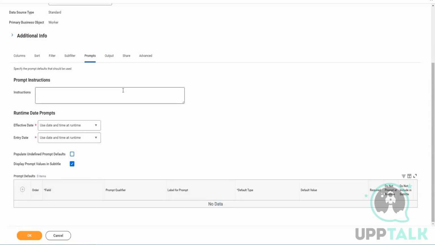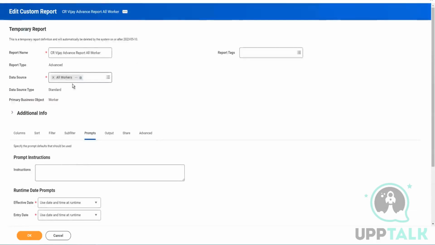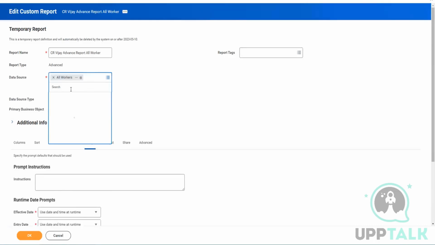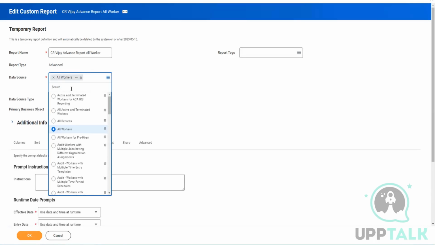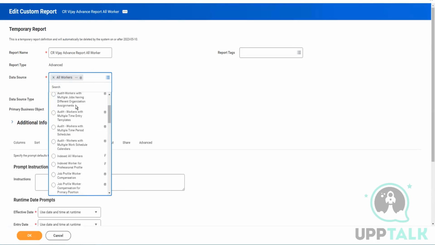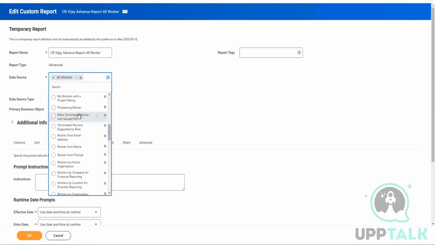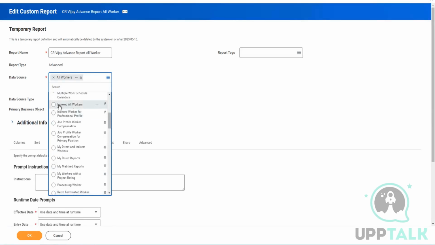So we'll discuss the other ways where the prompts could be generated. We'll also generate the prompts when we use an indexed data source. Since we have the flexibility to change the data source, let me just change the data source, and you will see the prompts. So if you see here, indexed all workers, and if I just go to the